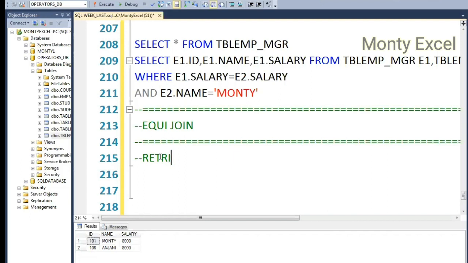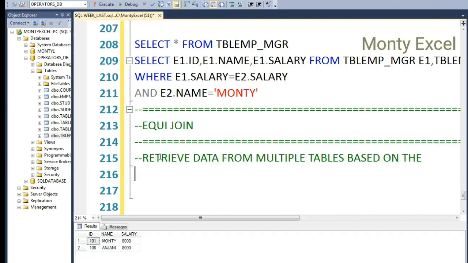So what exactly this is going to do is it will retrieve the data from multiple tables based on an equality condition, or simply the equal to operator condition. The word itself is very clear, saying equal to. So what does equals to mean? This is what equals to means. That says very clearly that I cannot use